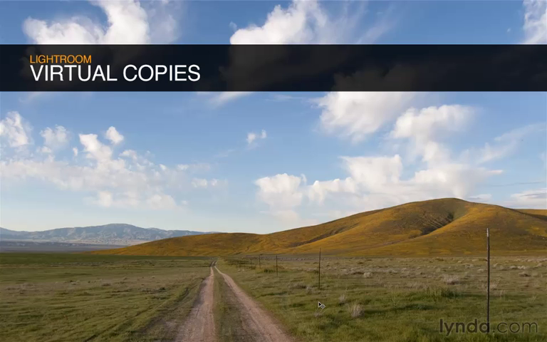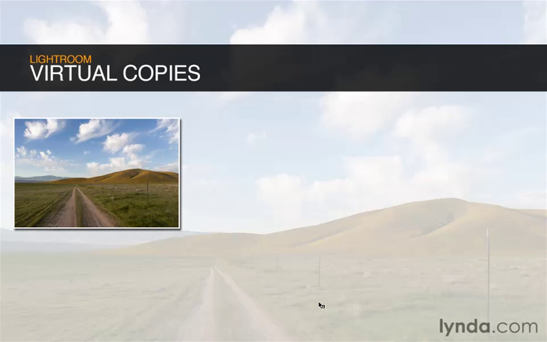One of my all-time favorite features inside of Lightroom is called virtual copies. And what virtual copies does is it taps into how we actually raw process our photographs. So let's go ahead and revisit this topic of raw processing really quickly and then jump into the topic of virtual copies. Well, if we have a photograph and we're working inside of Lightroom, we know that this particular image